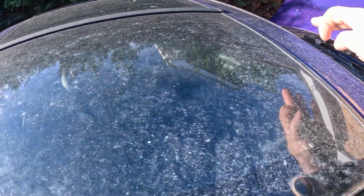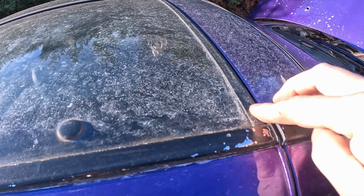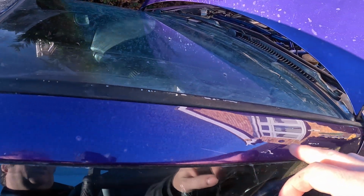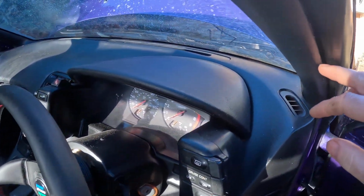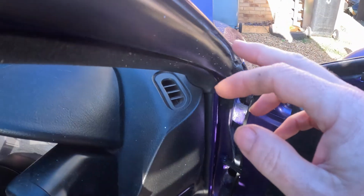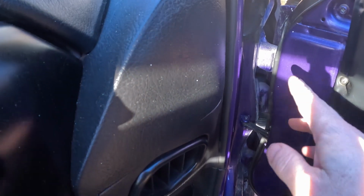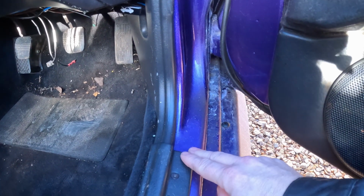First of all, you've got a gutter which runs all the way around inside here, and you've got a drain hole here and you've got a drain hole here. Now this drain hole has a hose connected to it, which runs down inside here, basically underneath this bit of trim, and goes down here, and there's a little piece of rubber behind there which flicks it out behind the wing, and it drains out the bottom of the car. Over time this pipe shrinks, and then it pops off the little connector, and then it's not chucking it out the bottom, it's chucking it out in here, which then goes into your sill and it rots out